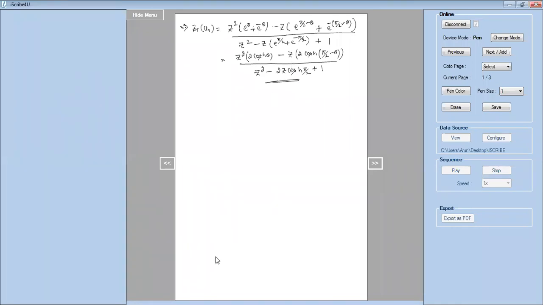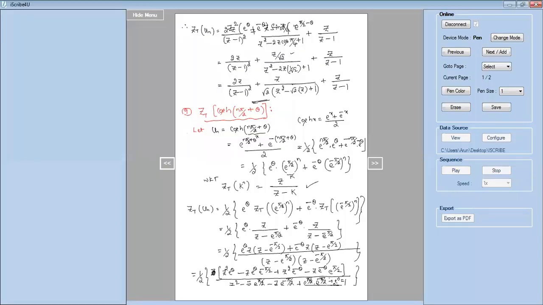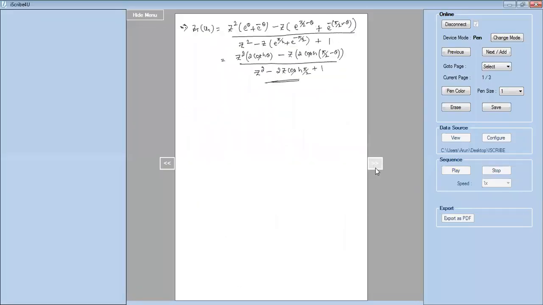Yes, Hemant, you want to tell me something, right? Sir, 1 by 2 is there outside. Sorry, 1 by 2 is there outside, so we forgot to write that 1 by 2. So it is 1 by 2 into here, so here also 1 by 2 into. So in the numerator I can take 2 common and cancel with this 2. So this 2 gets cancelled in the numerator.